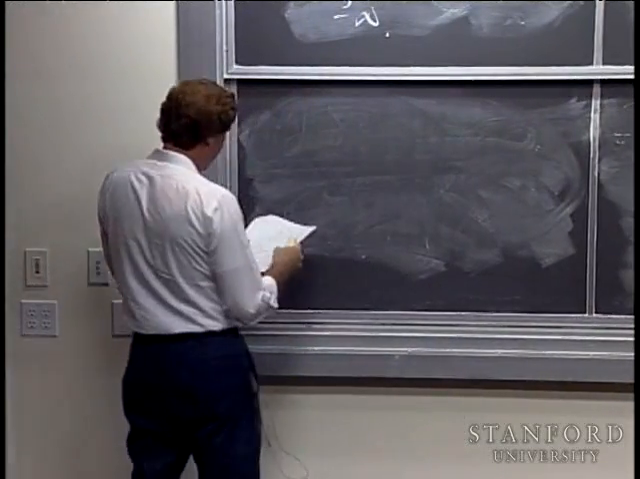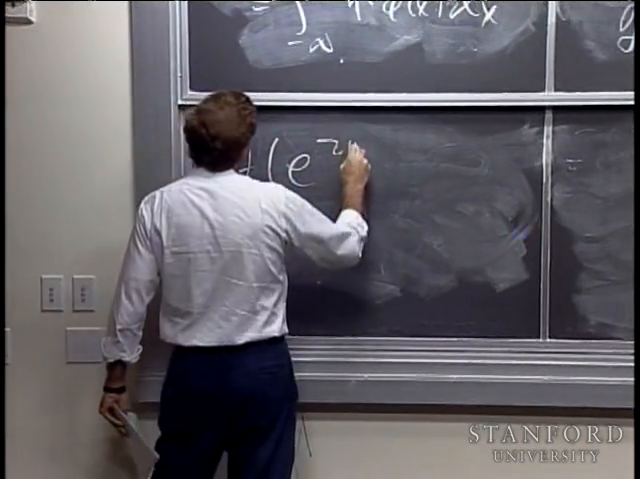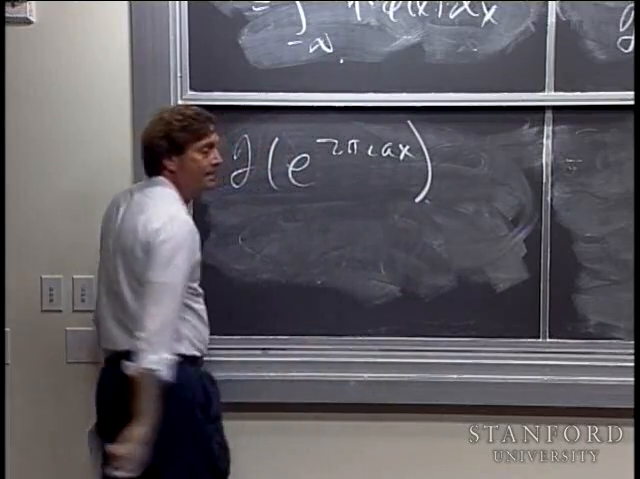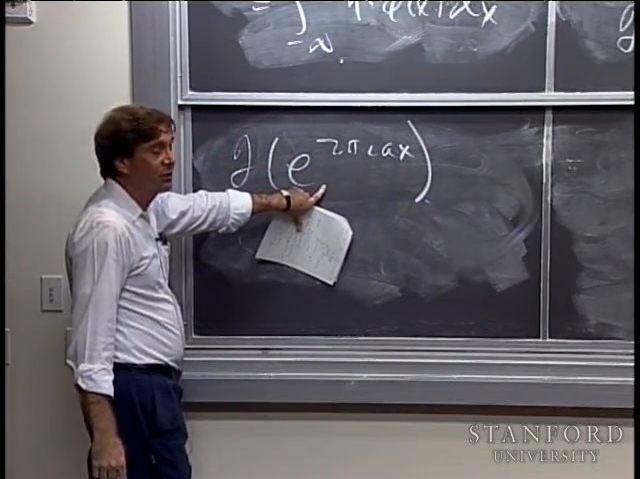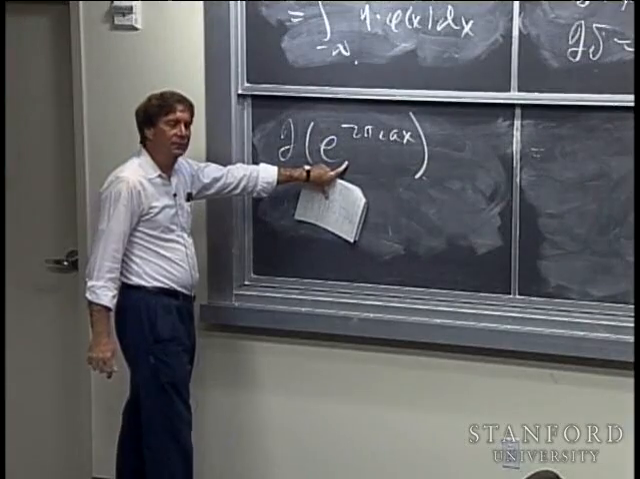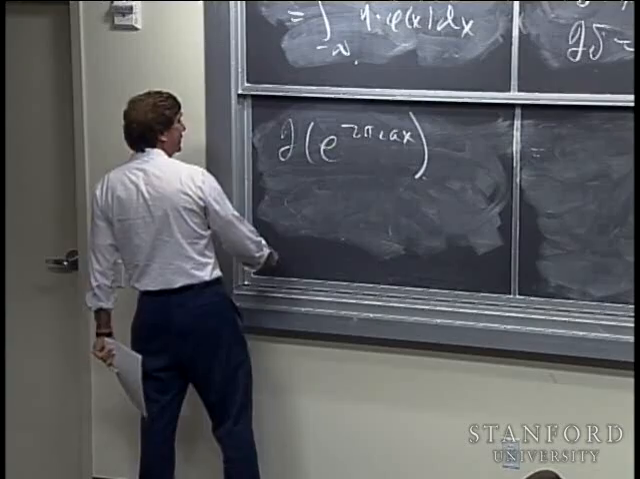Let's find the Fourier transform of e to the 2 pi i ax, where this is understood as a distribution. How do I do that? This would not exist in the classical case. You can't find the Fourier transform of this by computing the integral. But we can, by